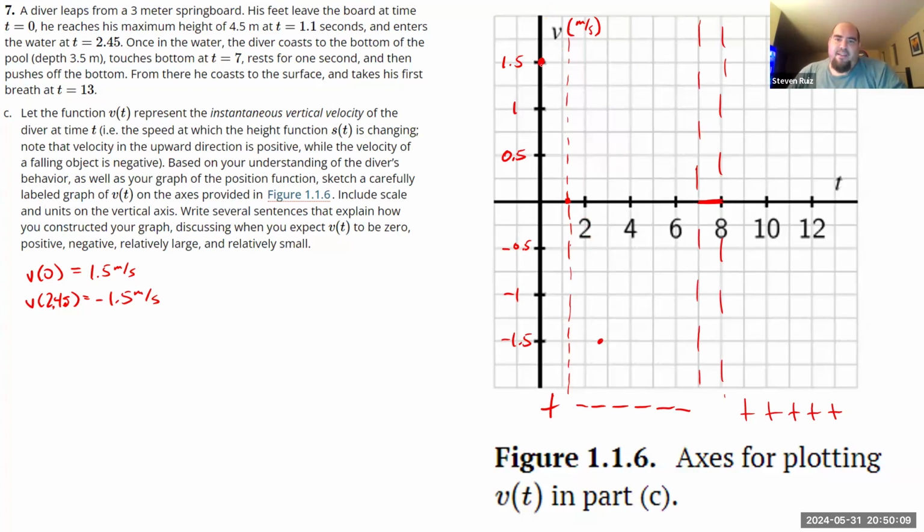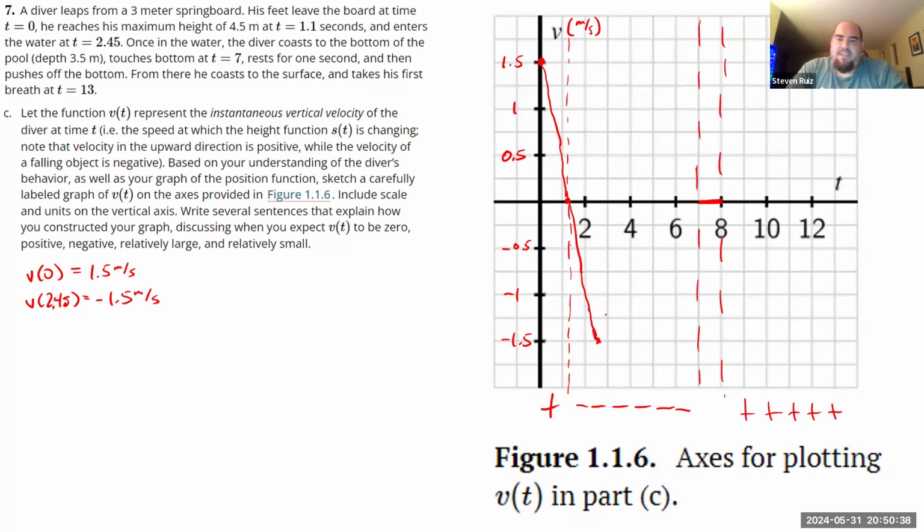And I know that at time equals 1.1, where'd my point go? At time equals 1.1, I want to have a velocity of 0. So from here, even though the velocity is still negative,